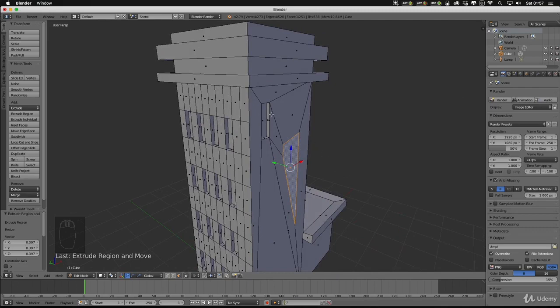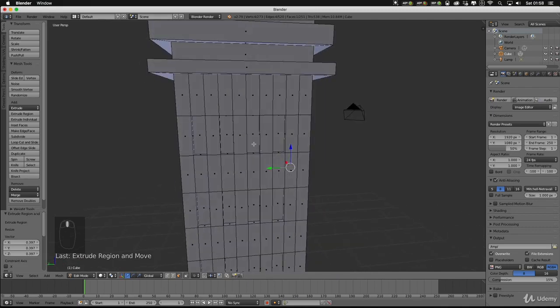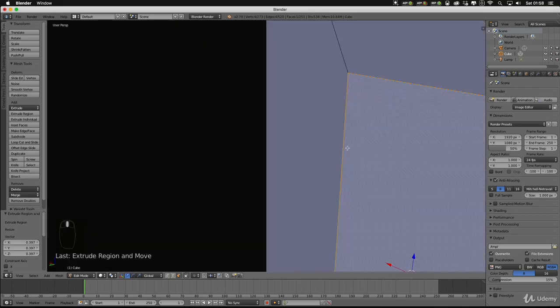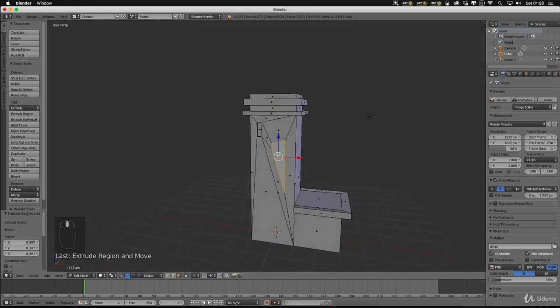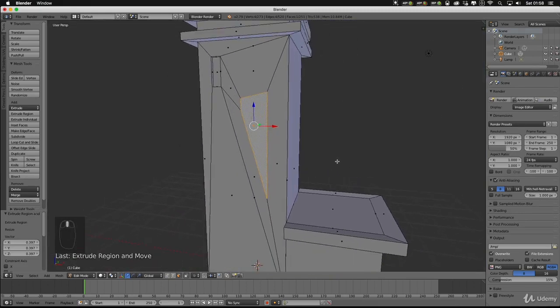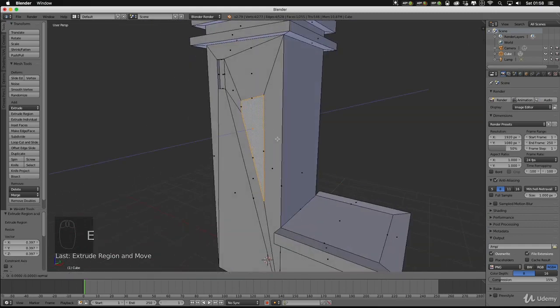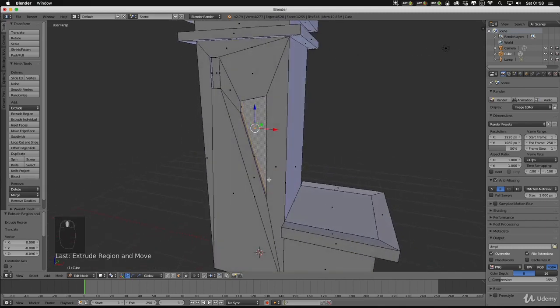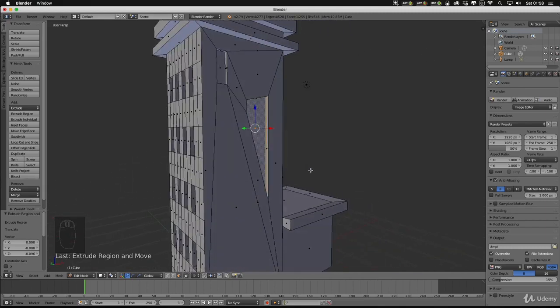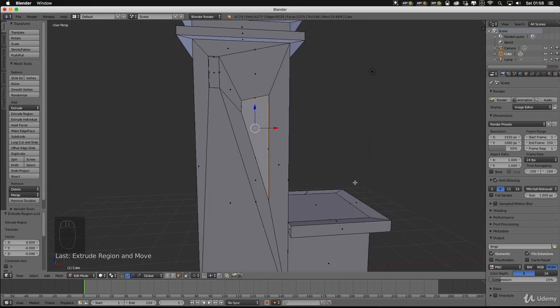So if you wanted more than one window in here, it's best to subdivide it if you want them to be square. If you want them to be a different shape, then obviously you could go ahead and extrude that back. We could have a panel like so on our building. So I'm just going to leave mine like that actually.